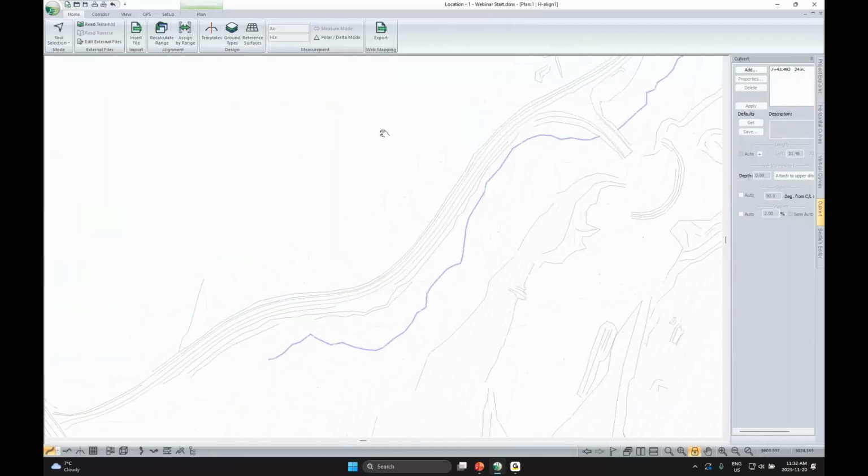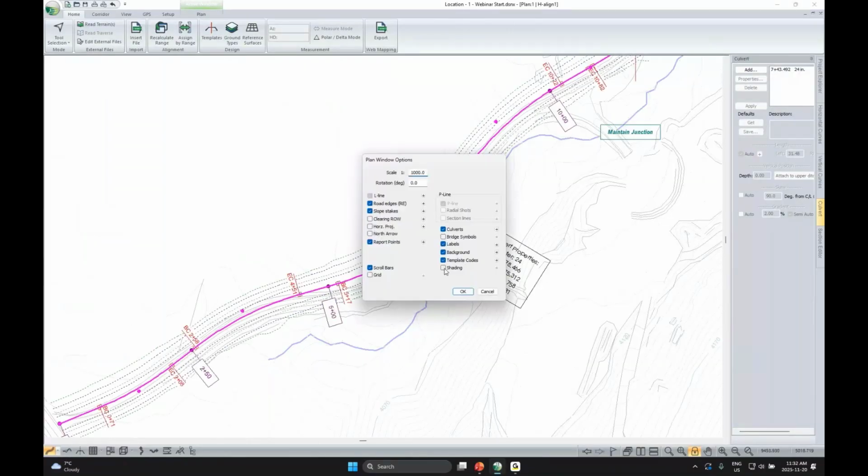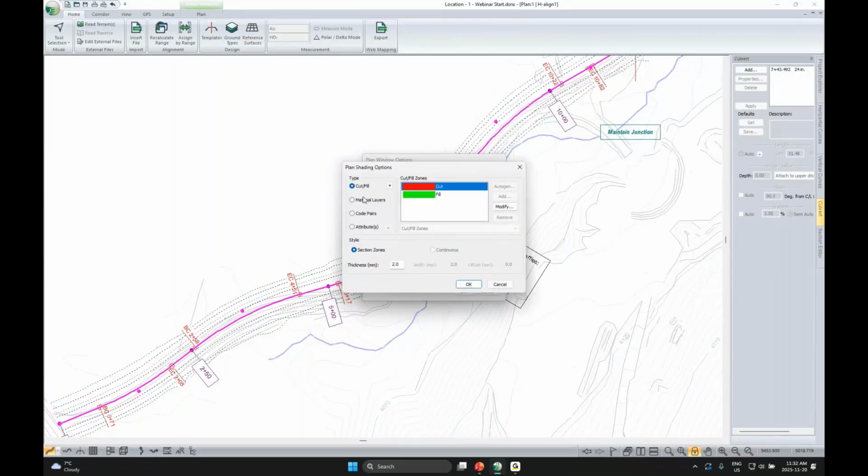So to get to display shading, again, plan options. This time we're going to enable shading. So it's got that master switch kind of like labels. So if you decide you want to enable it and check it out, once you've got it set up the way you want it to, you can just simply turn it on and off if you want to include it in your visuals. So enable shading, we're going to press the plus,